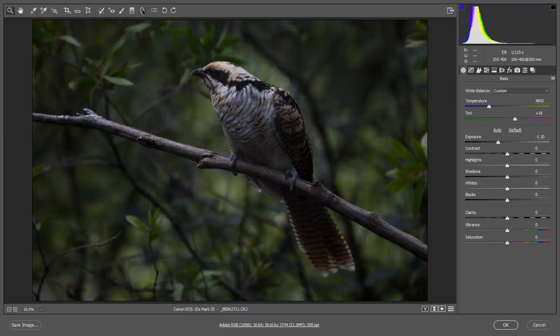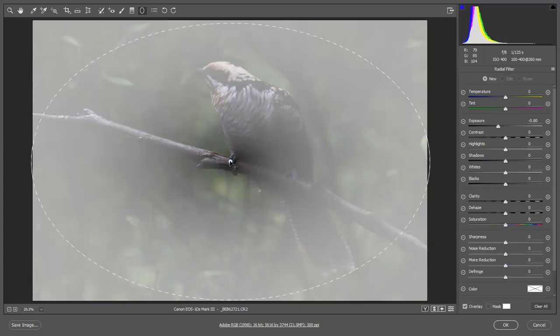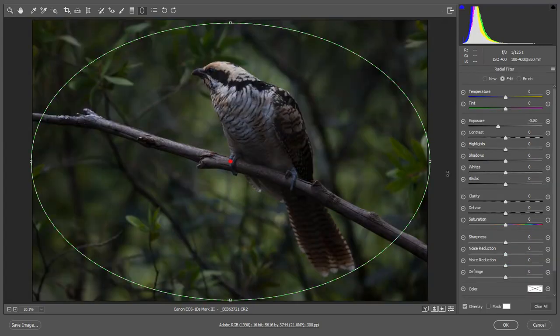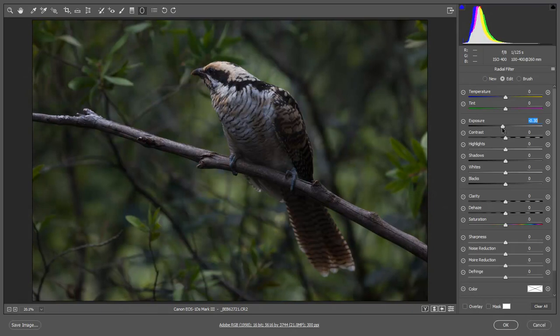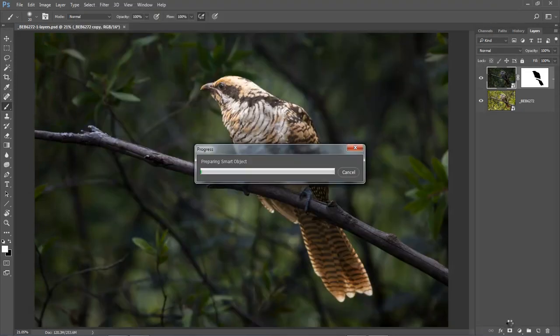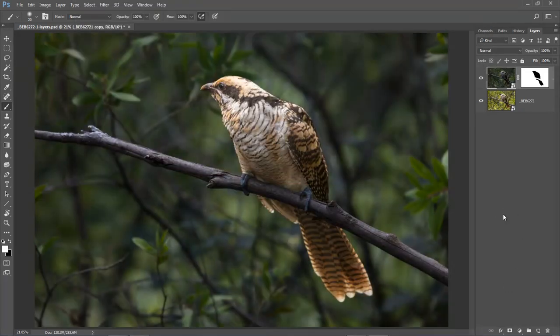I can go back to my Radial Filter, for example, liven that filter up. I'll hit the V key and I'm going to adjust it a little bit. I'm just going to back off a little bit. See the picture just brightening up a little bit, but still retaining that little bit of a vignette. Just going to stop at that point and OK that. As soon as that's opened up, and there you can see the difference, we've still got everything we need, but perhaps I did go a little